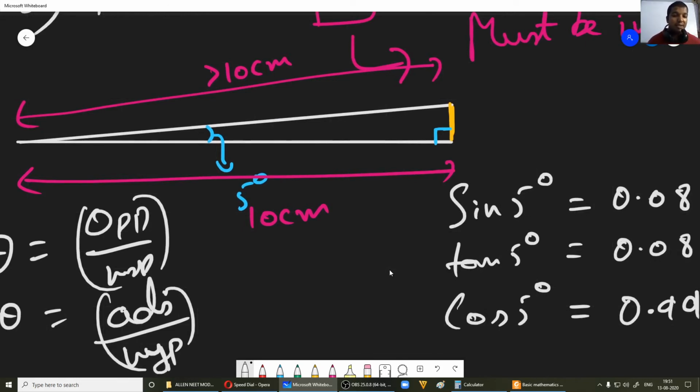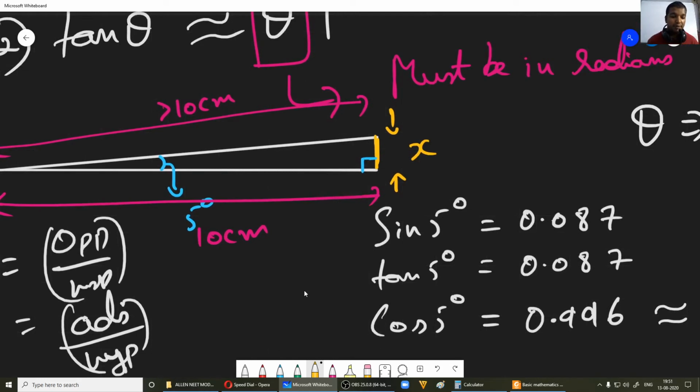You are constructing a right angle triangle, no doubt about it. Here we are trying to approximate things, that is all, fine. Now measure this yellow length. If you do this, you will get clarity. So measure this yellow length, you will get some value, let us say it as x. Don't just write x in your notes and keep it that way.